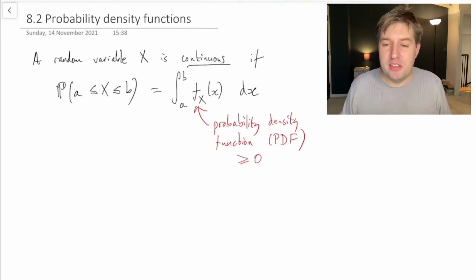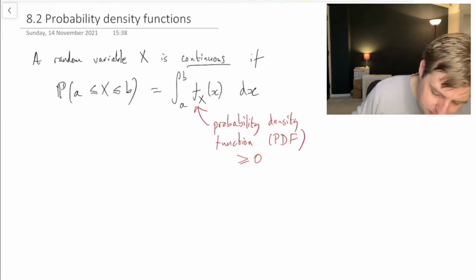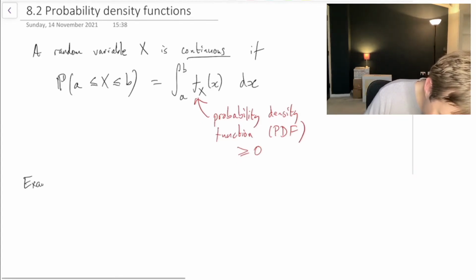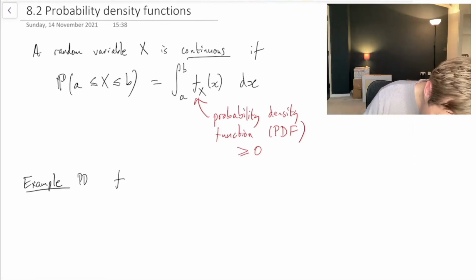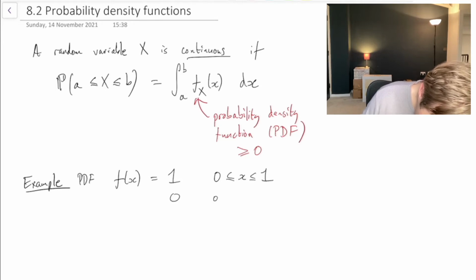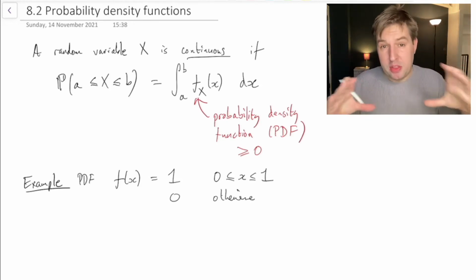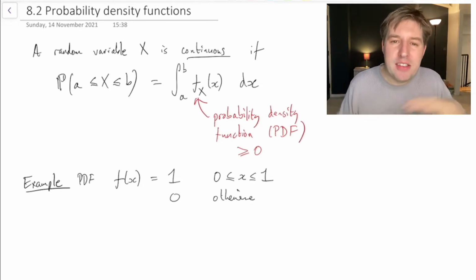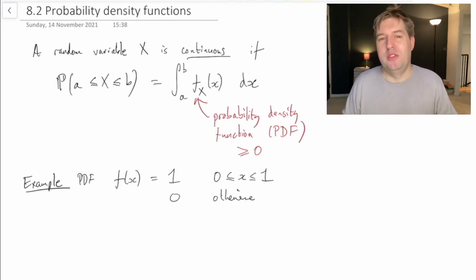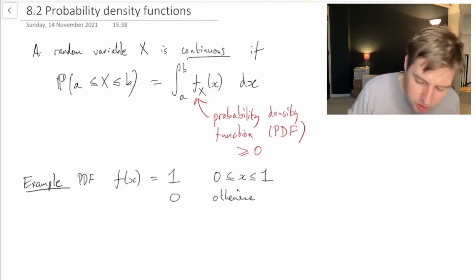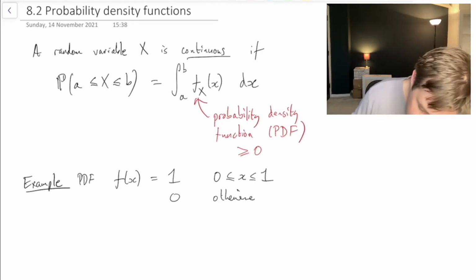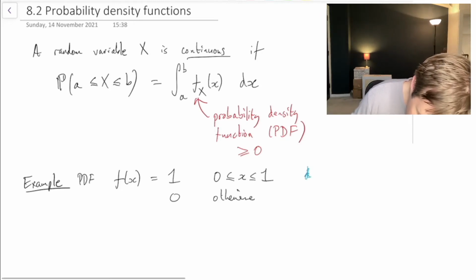I think it's going to make more sense if we look at an actual concrete example. So let's do that before things get too confusing. Let's consider the case where the PDF is 1 for x between 0 and 1, and 0 otherwise. So here, the random outcome is going to be on the interval from 0 to 1, and we're saying that the intensity of probability is the same over the whole interval. So it's like a fair or uniformly random choice. Indeed, this is sometimes called a continuous uniform